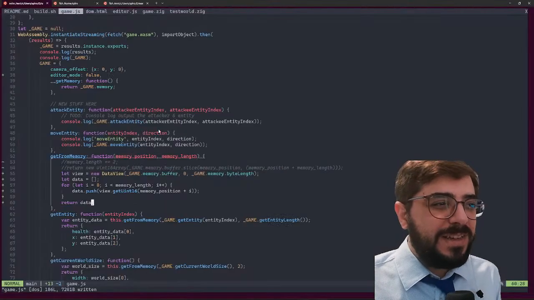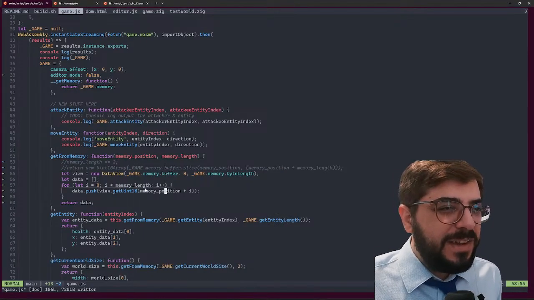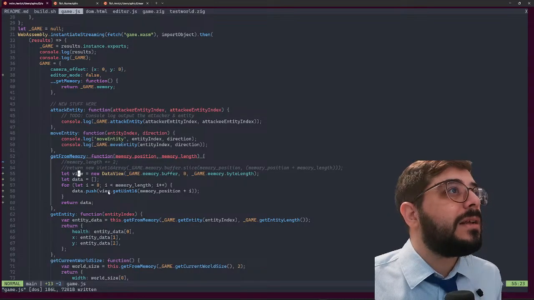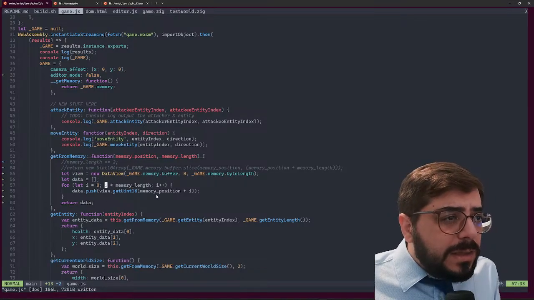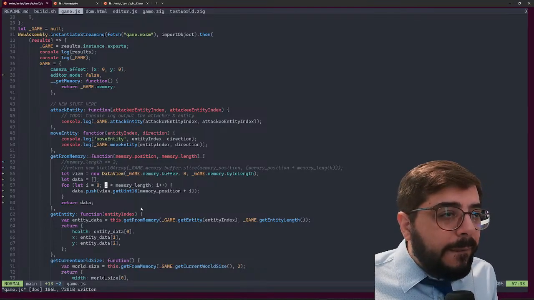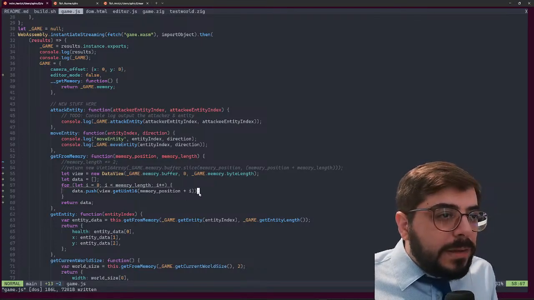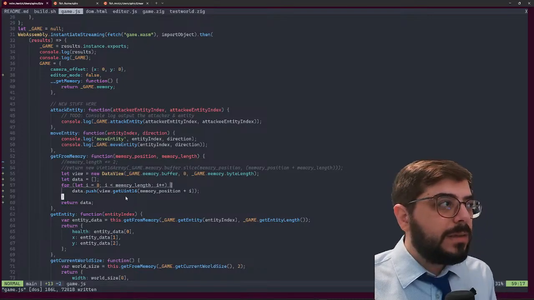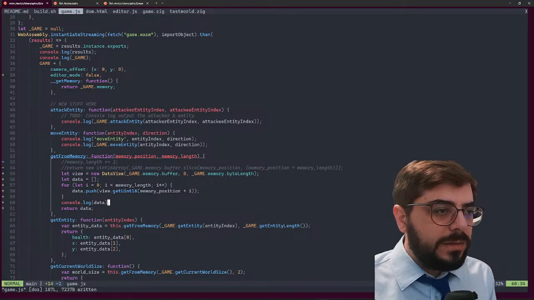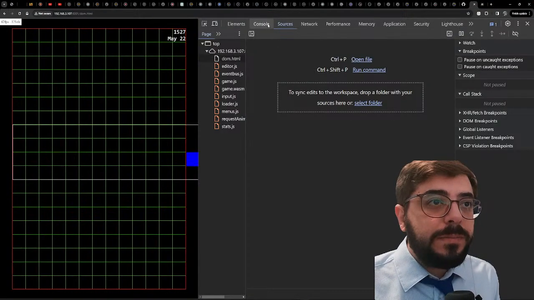That kinda worked. No way. Nice, listen memory length. Yeah. This is gonna spam the output, but